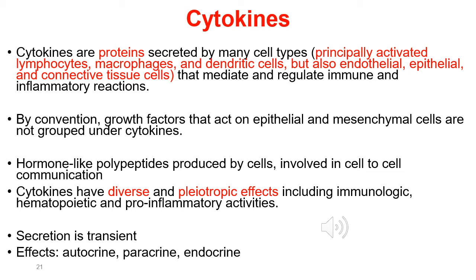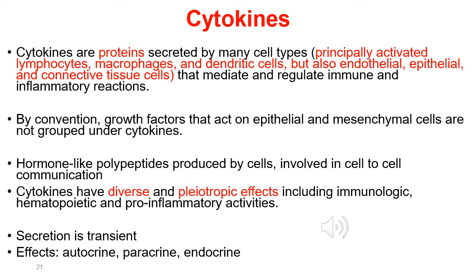Now, these cytokines have diverse and pleiotropic effects, including immunologic, hematopoietic, and pro-inflammatory activities. So they are also involved in hematopoiesis and in the formation of bone marrow cells and bone marrow elements. Their secretion is transient, and they can exert their effect by either the autocrine